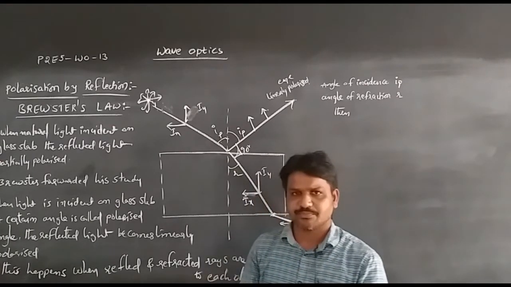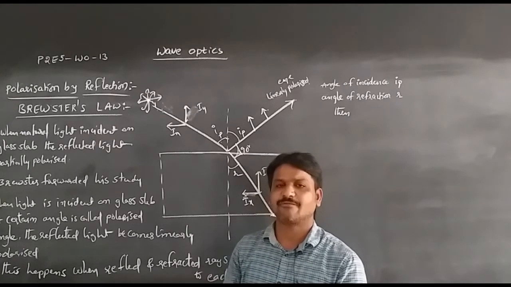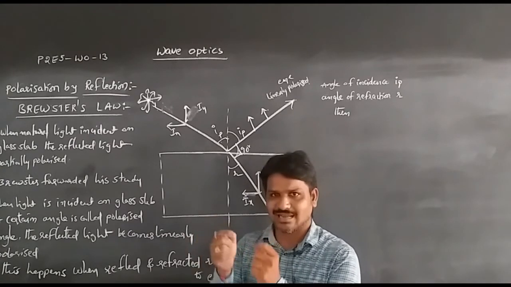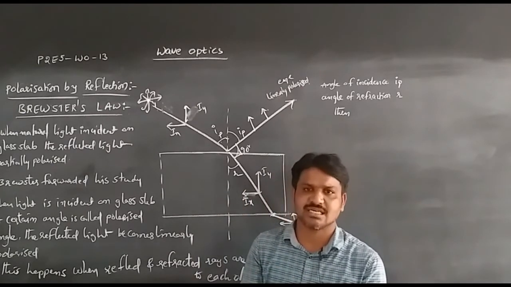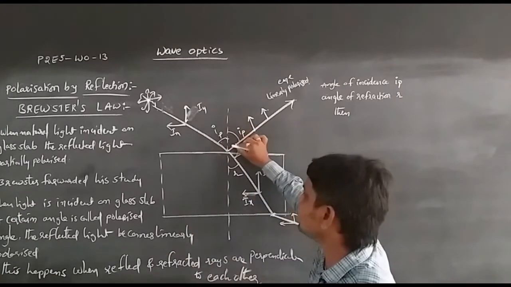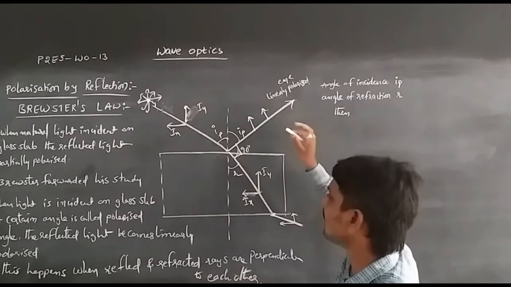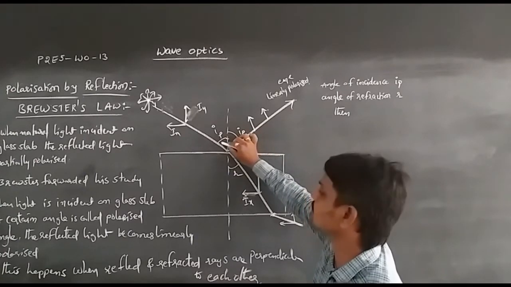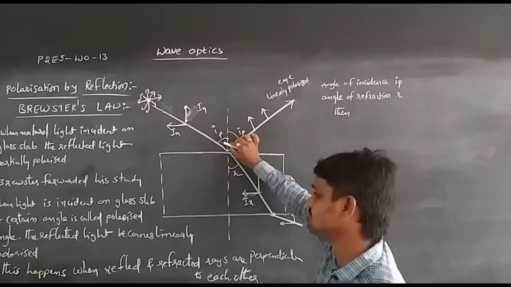Then the scientist Brewster continued the study and found that when natural light is incident on a glass slab, some of the light is reflected and some is refracted, and the reflected light is partially polarized. At a certain angle of incidence, called the polarizing angle,